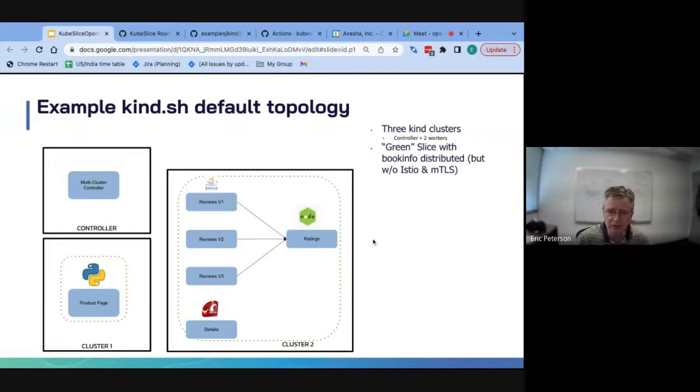But it's a little simplistic. What we would really like to see with this book info is, it comes from the Istio community, yet our example is not deploying it with Istio, and it would make a ton of sense to do that. As part of that, it would make sense to deploy these applications with MTLS, and demonstrate to a customer that it's easy to deploy this and ensure that even when you're going across multi-cluster boundaries, the identity of the microservices you're talking to is being ensured.